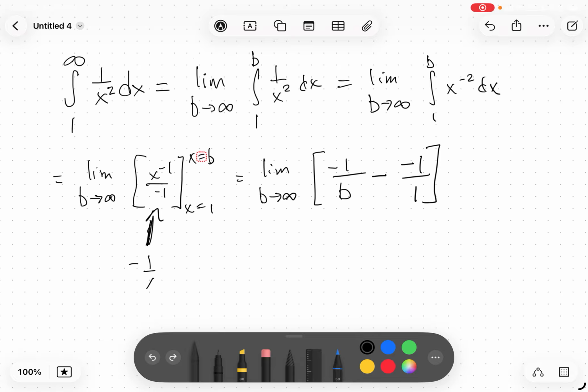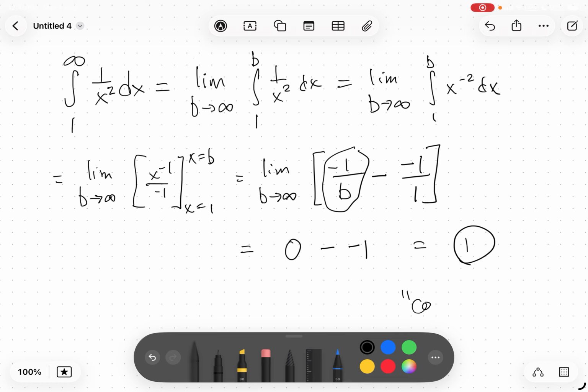All right, so what happens to this expression in brackets? Well, as b gets infinitely large, this fraction goes to 0, right? And then minus negative 1. So the answer is 1. And we can say that the value of the integral converges to 1, which means that if you were to look at the graph of